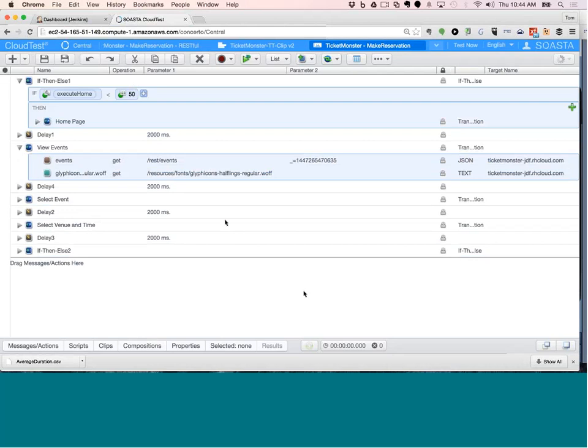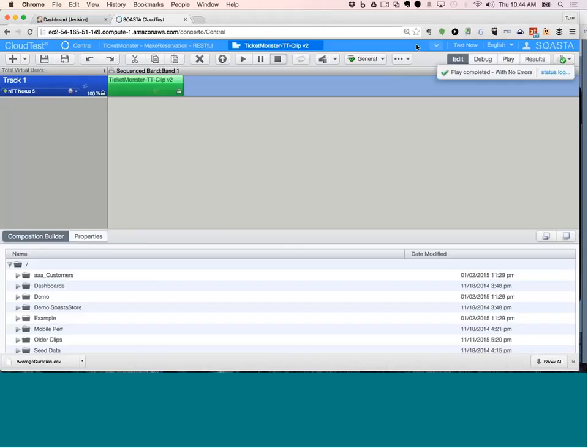This is the test right here, and you see it's just using simple constructs like you could do in a high-level programming language, but we do it visually, like an if then else. We have delays in here so that this load test does act just like a real user would. Real users can work pretty quickly, especially when they're in a rush, but in general, they can't run quite as fast as a computer can, and you wouldn't want your test to overload your server in a way that doesn't model what real users are doing in your application.